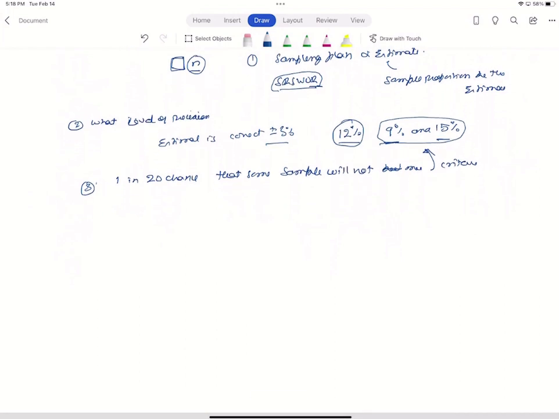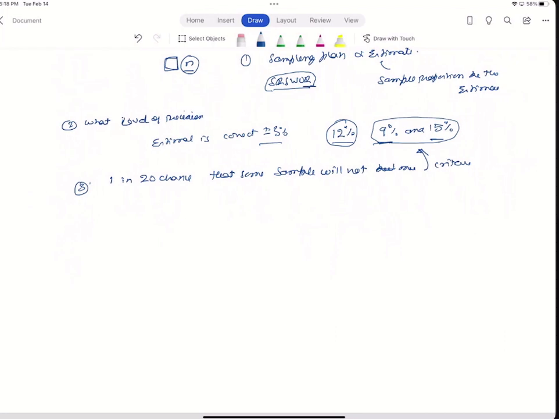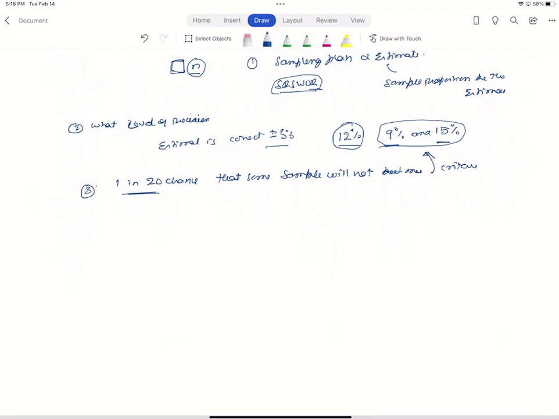In statistical terms, we have stipulated that we can say with 95% confidence that our estimate has a margin of error of 3%, and that is where 1 in 20 comes up as 95%, which is basically just a 5% error rate. So there is only a 5% chance that one of the samples will not have the population parameter